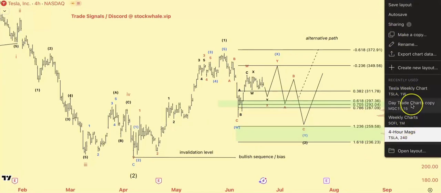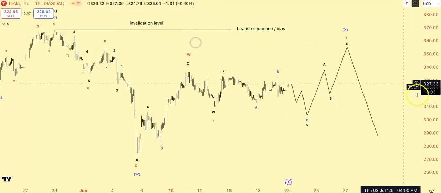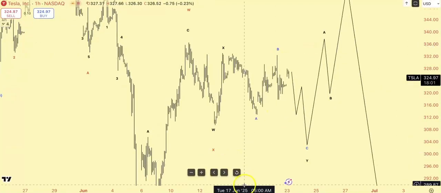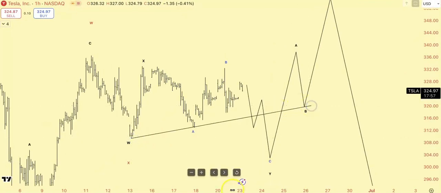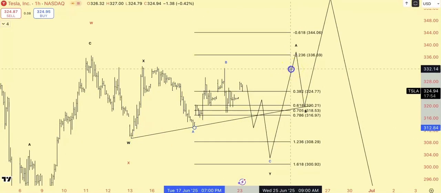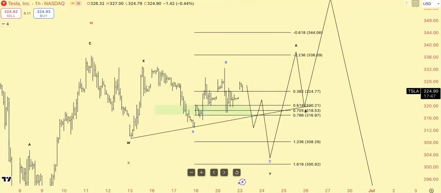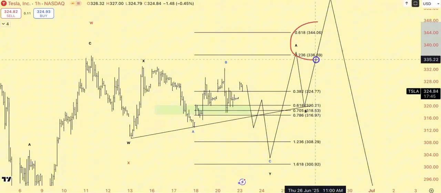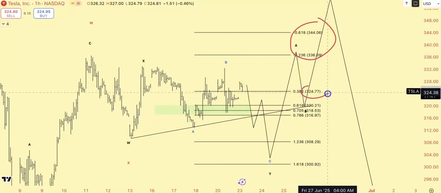If you want to play it more so on the smaller time frames, let's take a look on the 30-minute time frame here on Tesla. Since this is sort of like a triangle here, we actually went long right here at 320. We'll take profits at 336 to 334. We already hit the raise our stop loss right at 324.